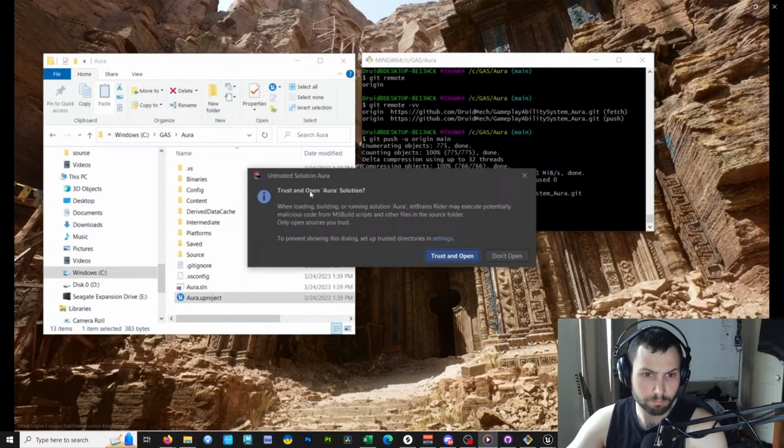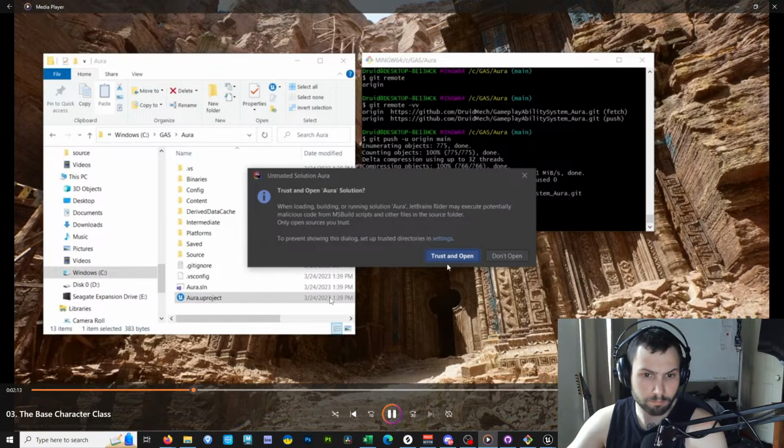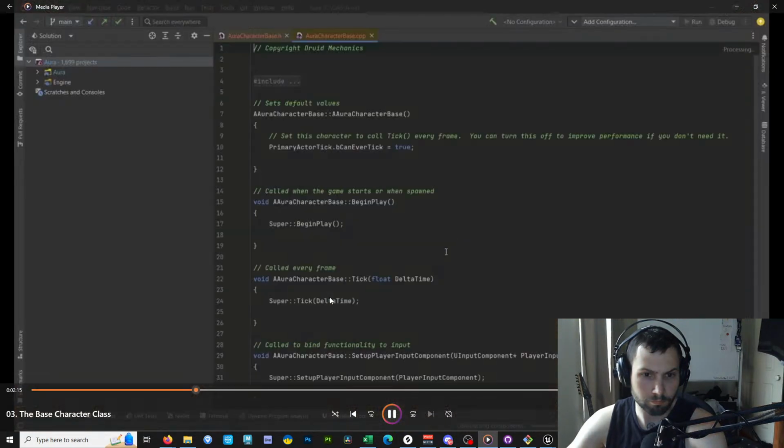Now, I'm going to tell Rider that I trust this solution, so I'm going to click Trust and Open, and we'll see our brand new